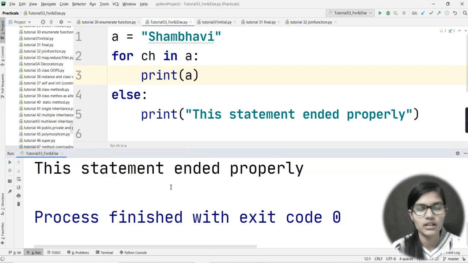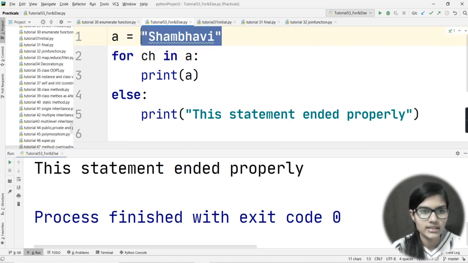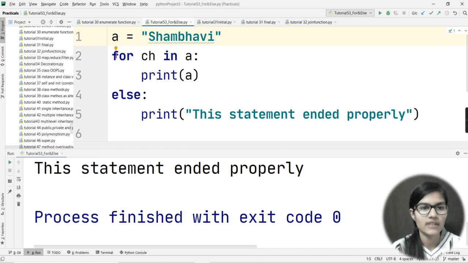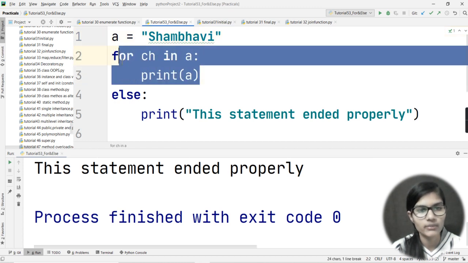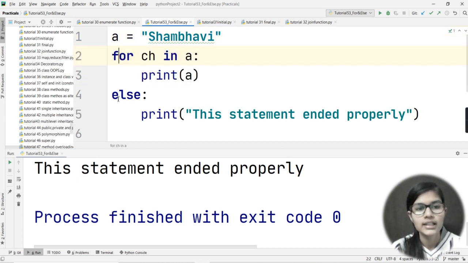Now what does this mean? Let me explain. Here I have taken a variable A and stored a string, Shambhavi, in it. After that I used my for loop and printed my name. Done. After that I used my else condition.